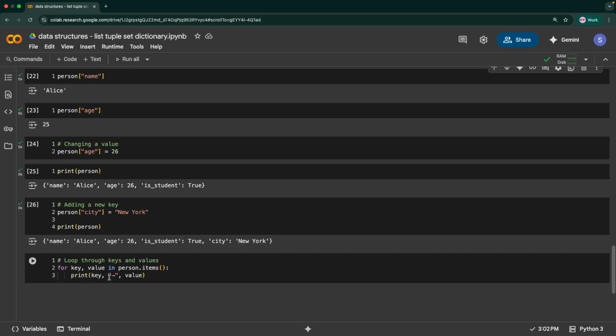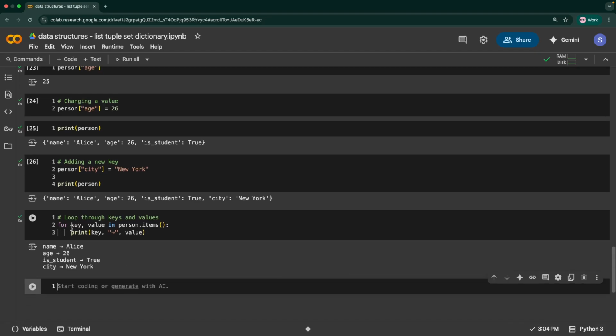And then we are printing key, putting a forward arrow, and then printing the value. So we would see something like this. First time the key is name and the value is Alice, second time it's age 26, and so on. So this is how you can use person.items() to iterate over the dictionary using a for loop. I've also put together a table structure to quickly look at things